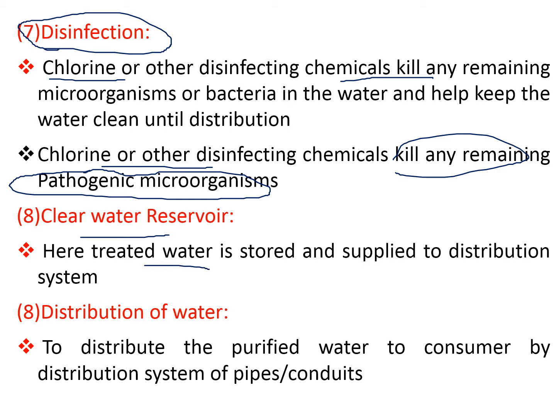Here, whatever treated water is there is stored and supplied to the distribution system. The distribution system is just to distribute the purified water to the consumer through a system of pipes and conduits. Generally in India, the water distribution system is adopted in such a way that the whole city is divided into various zones, and in each zone an overhead tank is provided, and before the overhead tank, one underground storage tank or clear water reservoir is provided, in which chlorination is done to the treated water coming from your water treatment plant. Then it is lifted by pump, and then supplied through gravity